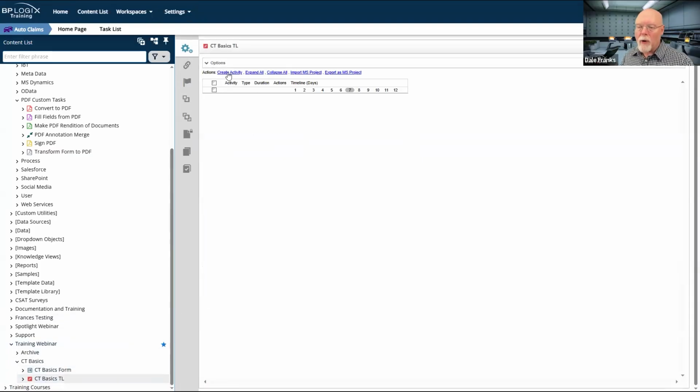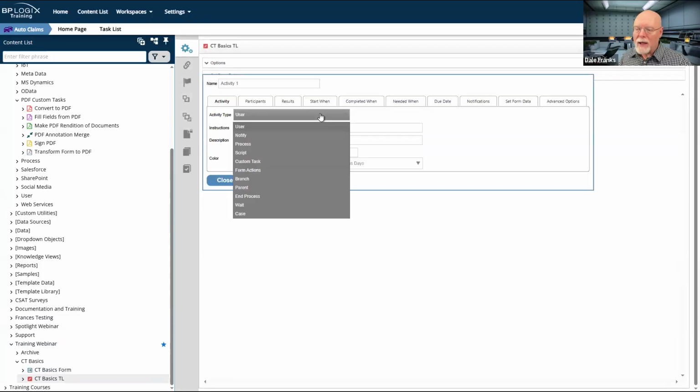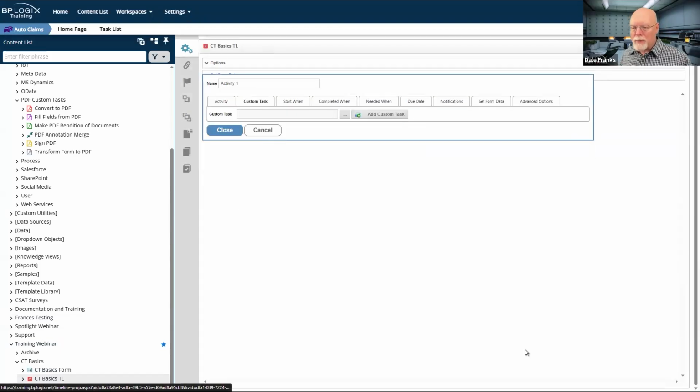For example, in the process timeline, if I create an activity, I have the custom task activity type, which enables me to select and configure the custom task that I want to use. When would I do one or the other? It's not entirely cut and dried, but I can give you some general advice about how it should work.